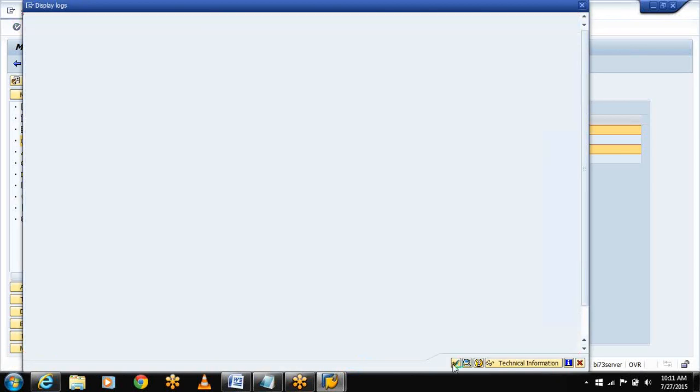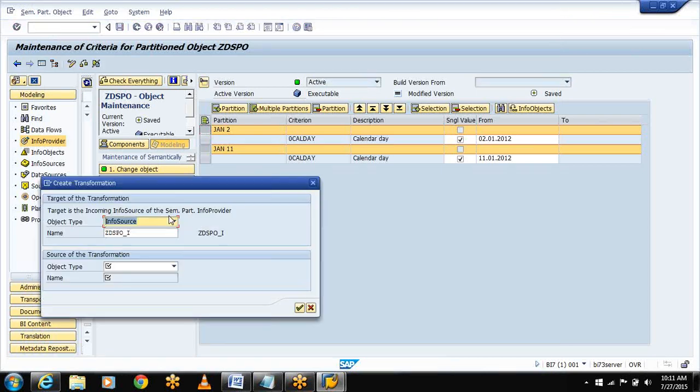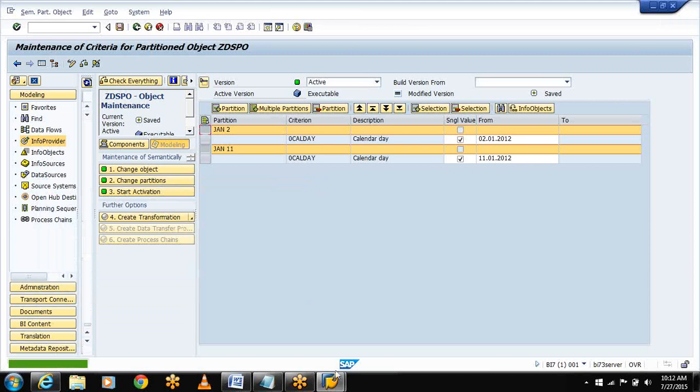Okay, continue with the message. See here, this is activated. Now create the transformations. See here, automatically I didn't get the info cube here as a target. I got it as an info source. Actually, normally what happens is,